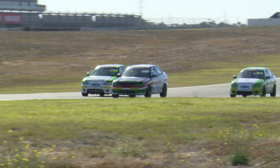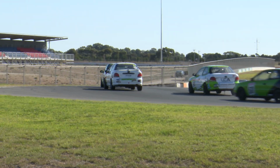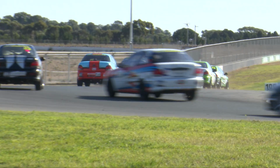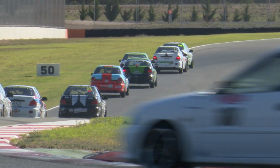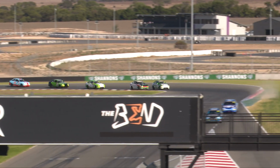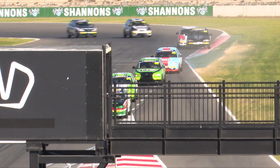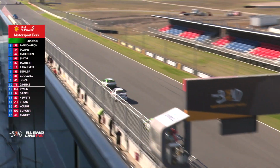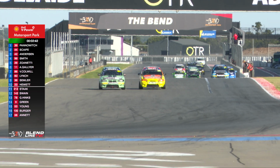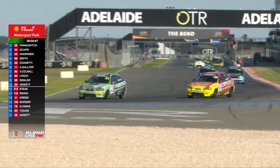And here comes 29 returning serve. Zoanetti lost the place at turn 6. He takes back position number 5 at turn number 17. A well-made manoeuvre there to move up inside the top 5. And Gallia determined to take that one straight back. Kywell following in hot pursuit as well. And Zoanetti, the big mover of that first lap, up 3 places. He was changed of place up the front here by the looks of things, and Scaife up on the inside,